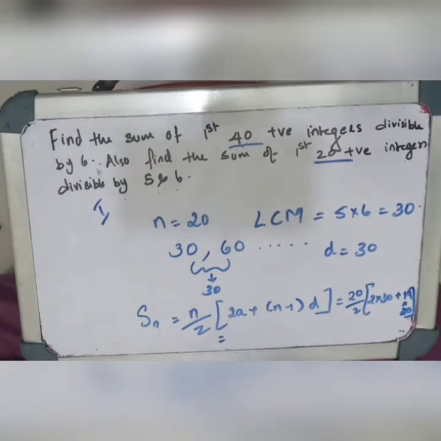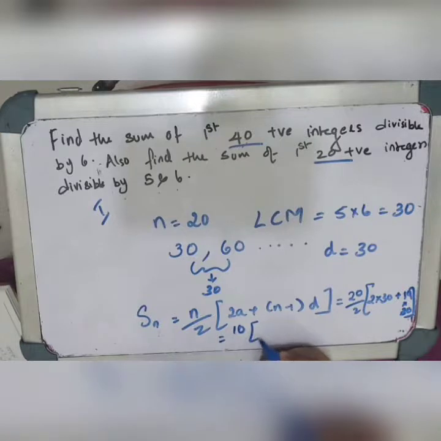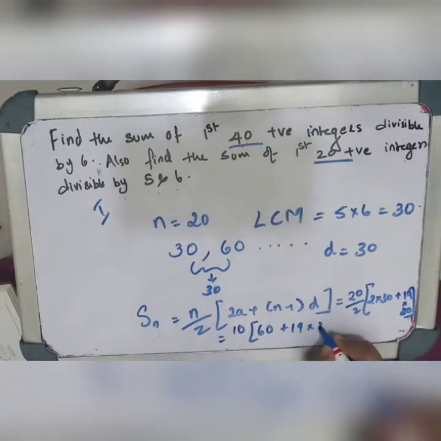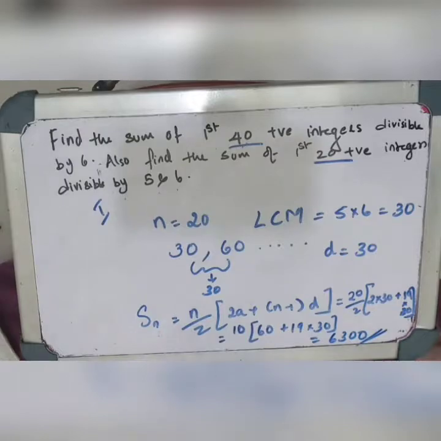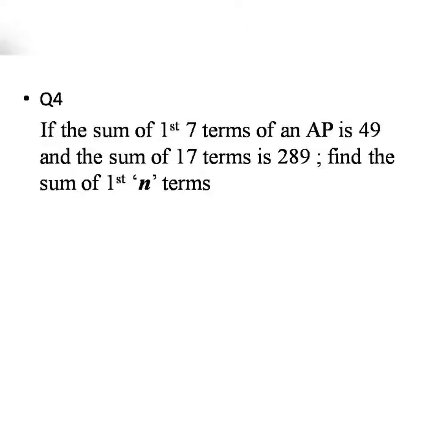That is 10 into 60 plus 19 into 30. The value obtained is 6300. Okay. If the sum of first 7 terms of an AP is 49 and the sum of 17 terms